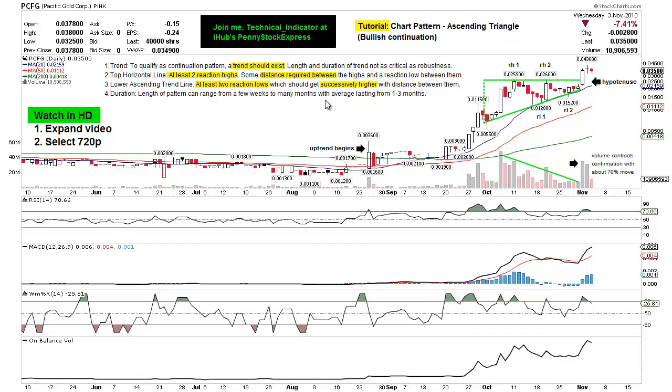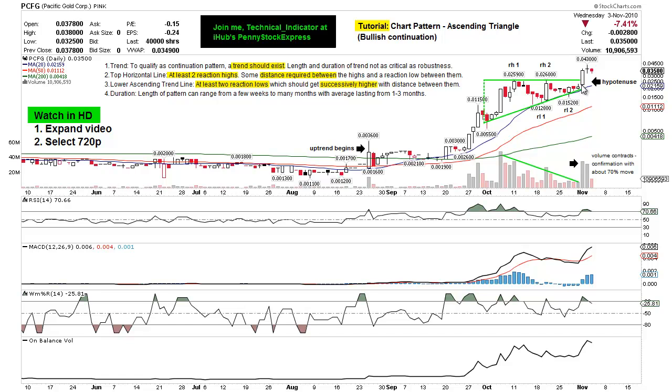Now, the reason we call it an ascending triangle is because if we connected these two lines here with the dotted line, and then it eventually connects up here at the hypotenuse, you would have a right triangle. And therefore, you have an ascending triangle. So what are we talking about? Well, you should have at least two reaction highs, RH1 and RH2. You should have two reaction lows, RL1 and RL2. Your reaction lows should be getting higher as they go. You can see that they do, 0.0128 and 0.0152. So as this coils, we're looking for a breakout at some point near the hypotenuse, or where the triangle meets,